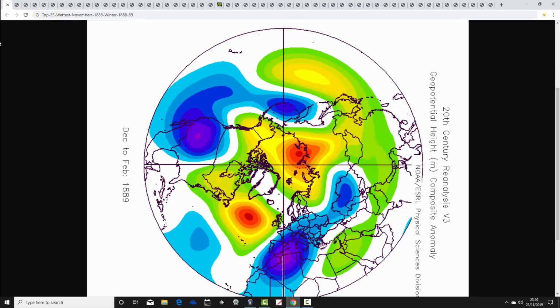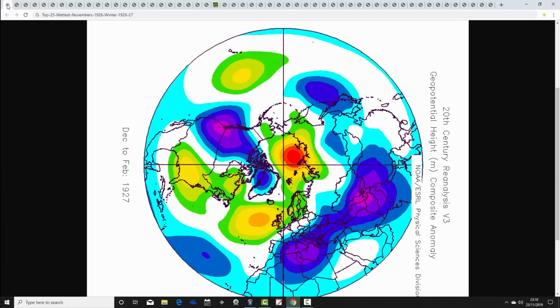Next we have 1888-1889. This is quite a cold winter with above average heights just to our west and below average heights to our south. You can envisage we're pulling in fairly chilly winds during this winter. It does have some cold weather in 1888, 1889. A long gap then to